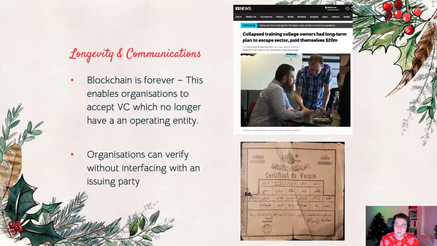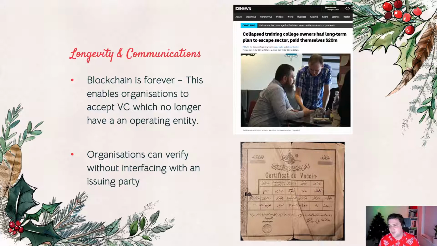Now, where that comes into really cool use cases is the longevity of information. So take, for example, the screenshot on my right hand side. You've got a screenshot here of a news article. It's in Australia. It was a university that went bankrupt, and they had students who were attending there and doing their degrees. Think about those students once that university goes bankrupt. Things like a website, a building address, an admissions office, they're bankrupt. They all shut down.